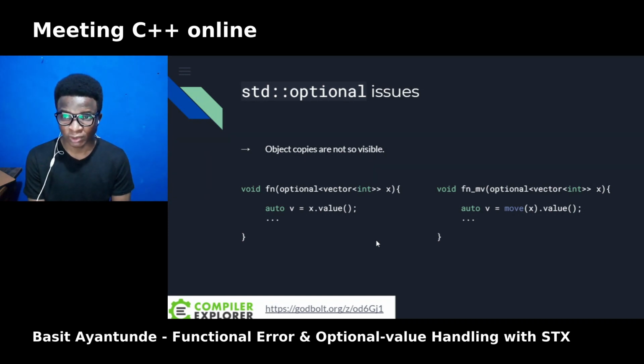It can be quite problematic, especially with no warnings about this. For the second example, you'd notice that we used an explicit std::move just to make sure that it is not copied. The object copies aren't really visible. You can view the Godbolt link below to see what I'm trying to say here.